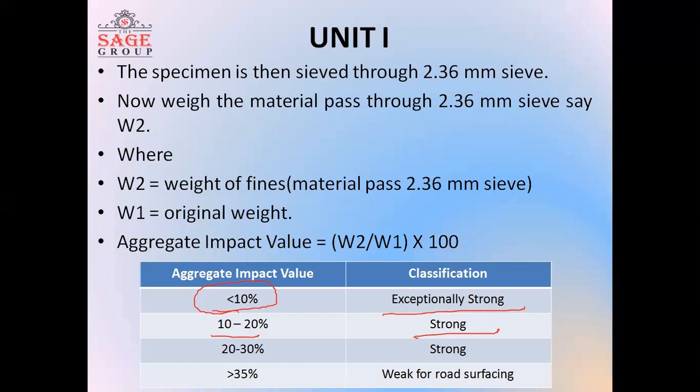If the value lies between 20 to 30%, then it can be used as a filling material in the bottom layer of the foundation or in the bottom layer of the pavements. But if the percentage value is greater than 35, then it cannot be used on the road surface, or in any construction work. So on the basis of the test result, the impact value is decided and the material can be used for further work. So in today's class, we have studied about